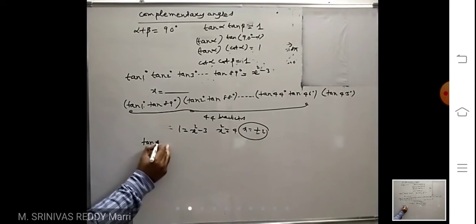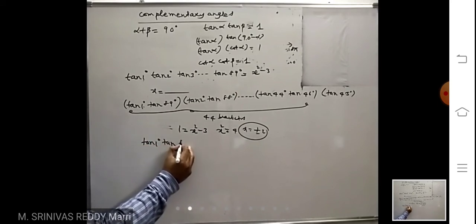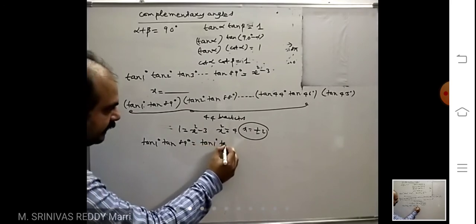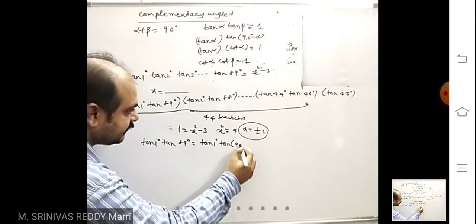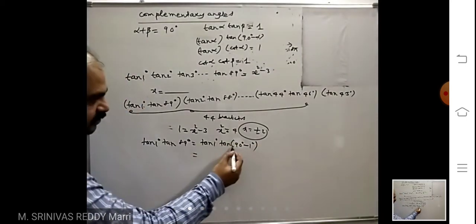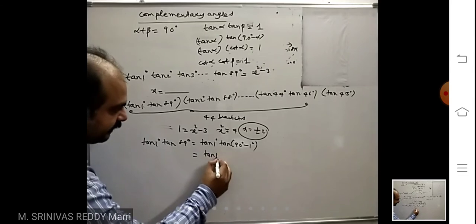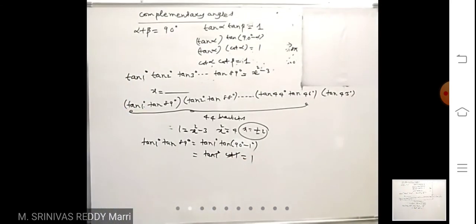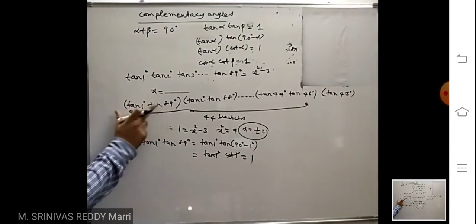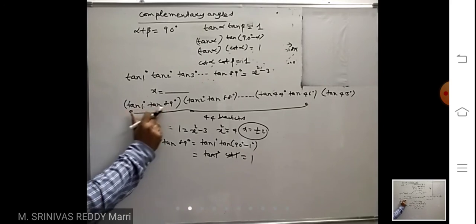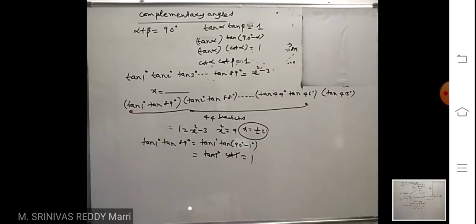Like that, complementary angle, or otherwise you convert like this. If you don't know the formula, tan 89 is there. Tan 1 into, you can write it as tan of 90 degree minus 1. This 1 is there. So tan of 90 minus theta, first quadrant, cot 1. This and this will get cancelled, 1. Like that, combination of tans: tan alpha into tan beta, cot alpha into cot beta. If the angle sum is 90 degree, product is 1. This concept we will use in a number of problems.